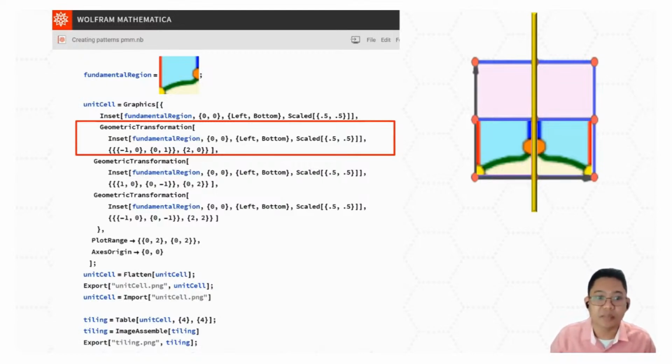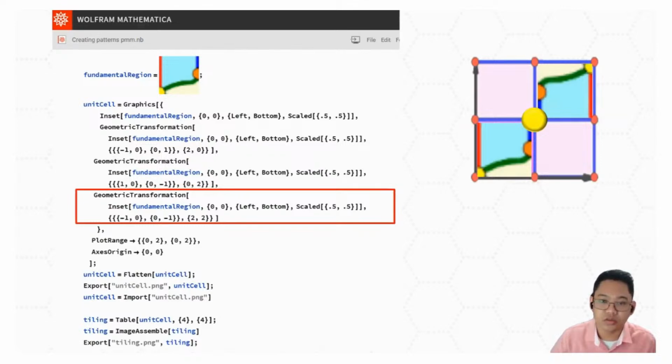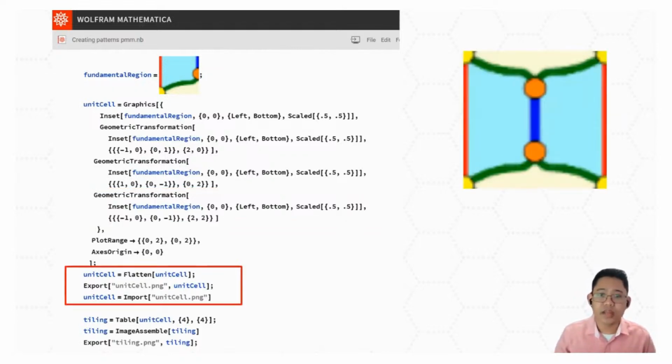So this represents a matrix and some translation vector. And then here I also have another reflection. It reflects this fundamental region to that other fundamental region. Then I also did a twofold rotation, or a 180-degree rotation, sending this fundamental region to the other one. So I did those three transformations, or symmetries, which when you paste them together will give you this particular